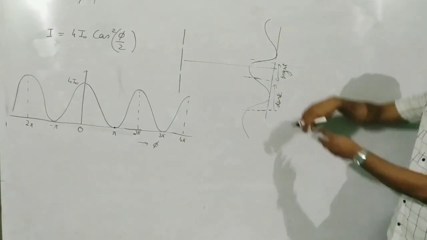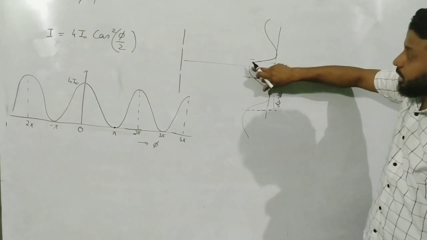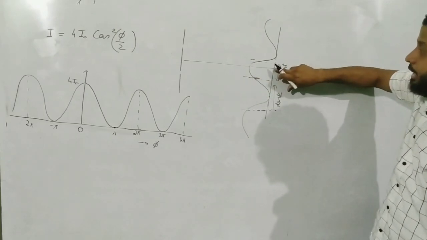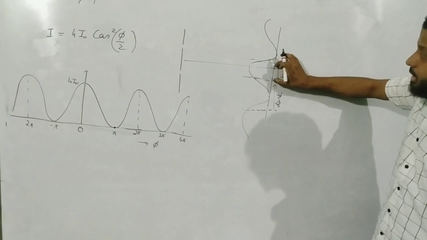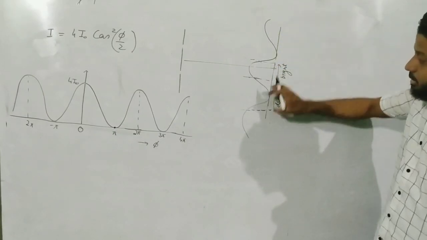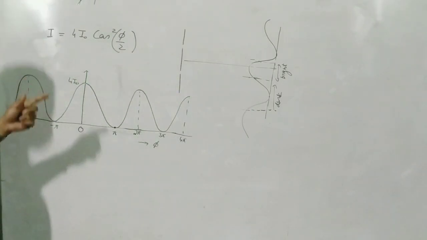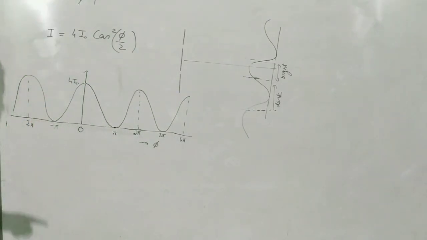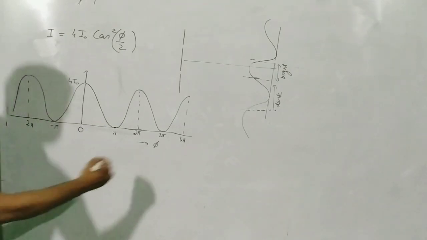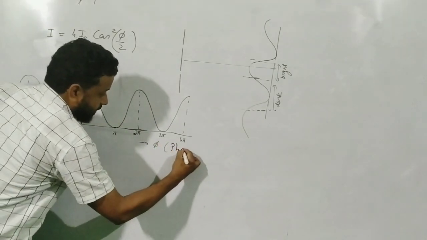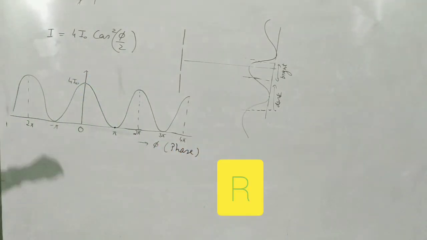Okay. And this is how the intensity pattern looks. So you will get a maxima over here. At the center is the maxima. So this is a bright region, maxima, then minima, then again maxima, and so on on both sides. So this graph is extremely important. And suppose, okay, take a note of this. Take a note of this graph because I'm going to change it.